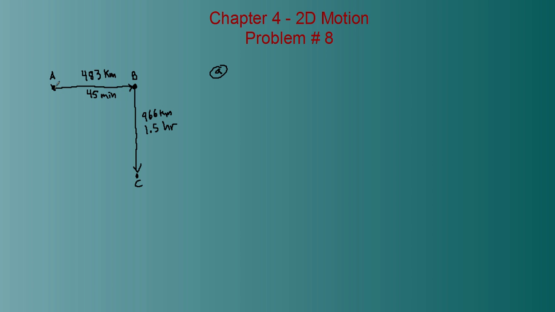So the displacement is your final position, C, minus your initial position, A, and vectorially it is the straight line distance between the two. So we'll just do that. Displacement unknown. This is a right triangle. This is the hypotenuse. So you know that C equals the square root of A squared plus B squared. So we'll just do displacement, we'll call it delta x,